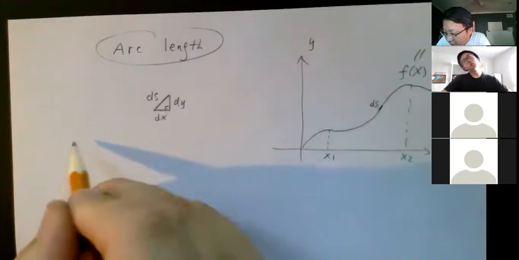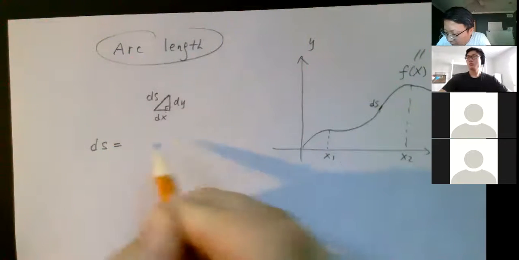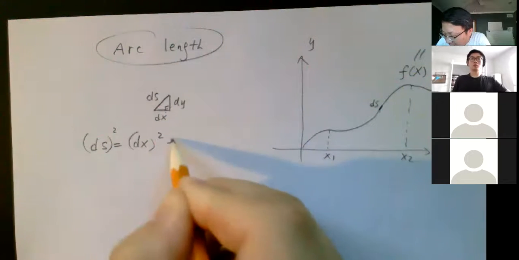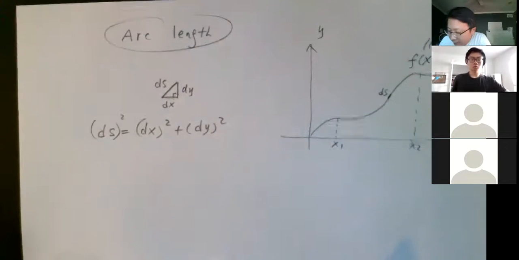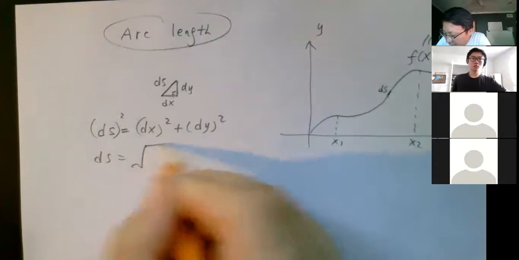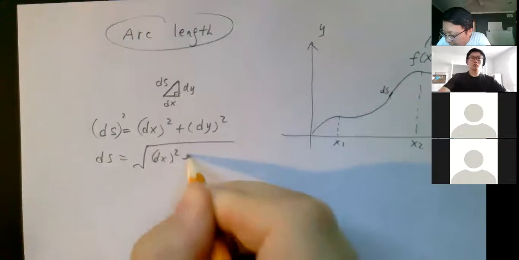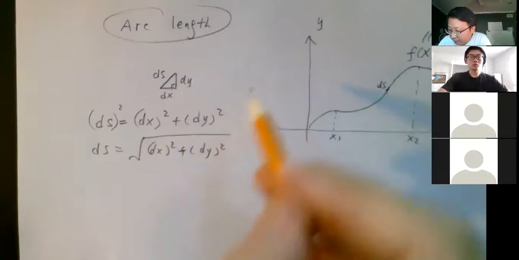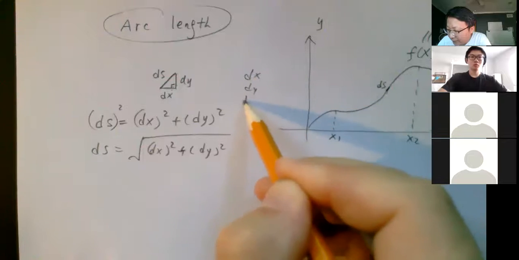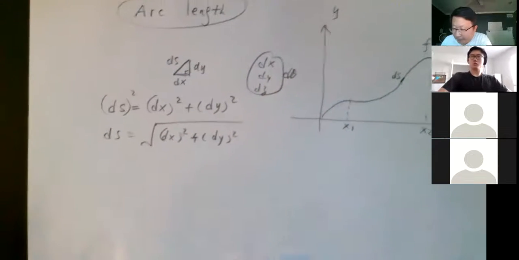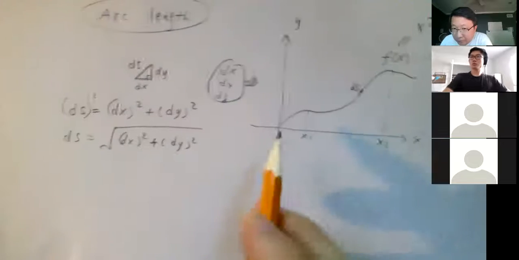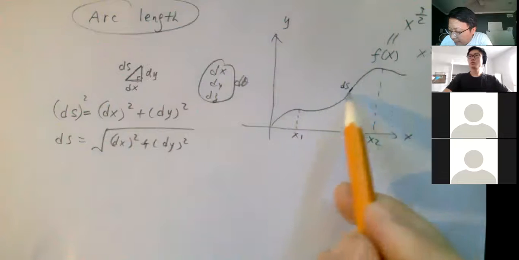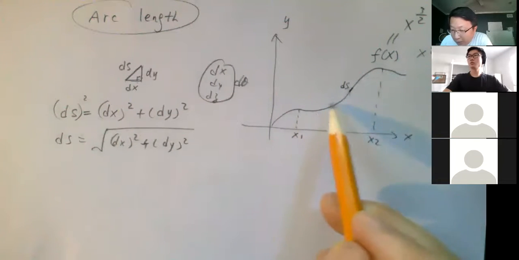So eventually we want to say ds equals what? Based on the Pythagorean theorem, ds squared equals dx squared plus dy squared, correct? So ds equals the square root of dx squared plus dy squared. It's all dealing with this dx or dy, dz, those kinds of things, or d theta, whatever. Now, because I want to get the whole arc,